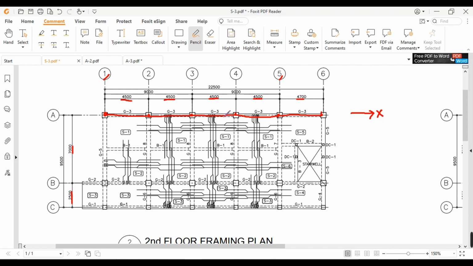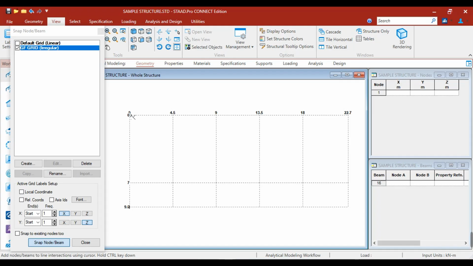So let's do this instead. I'll just click the leftmost node.